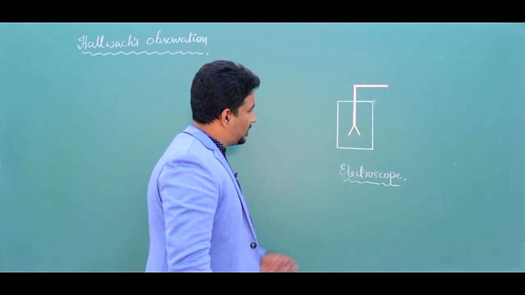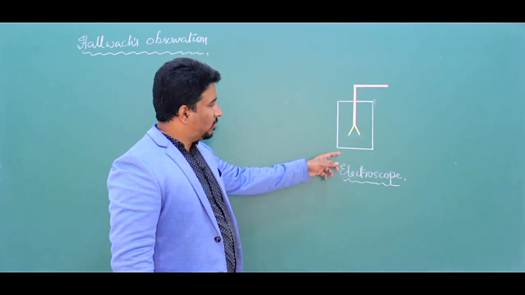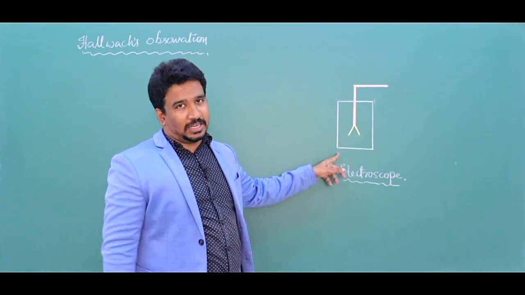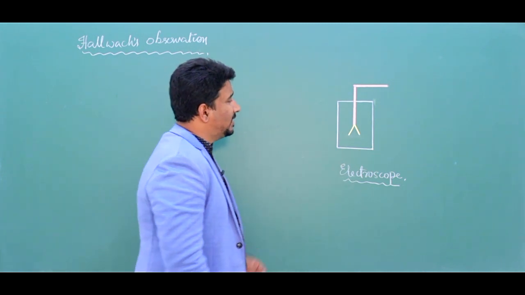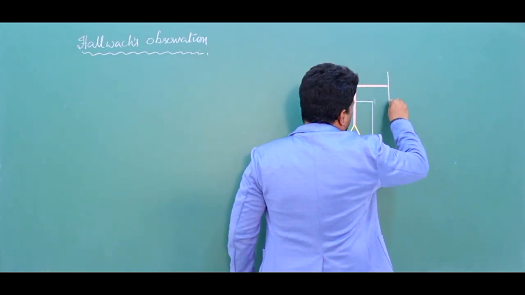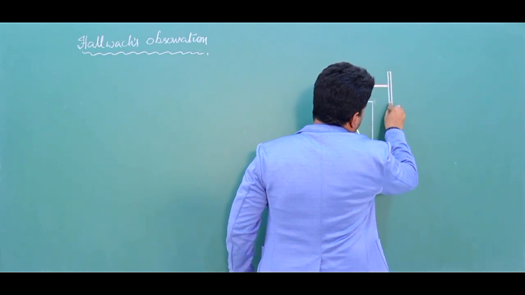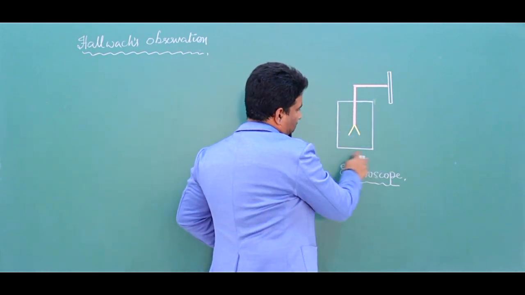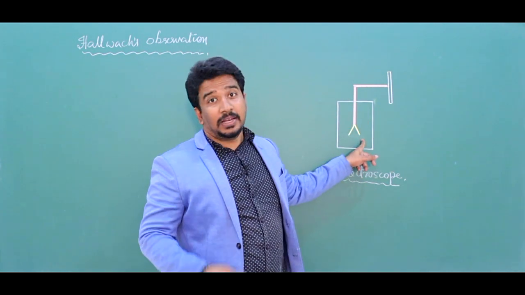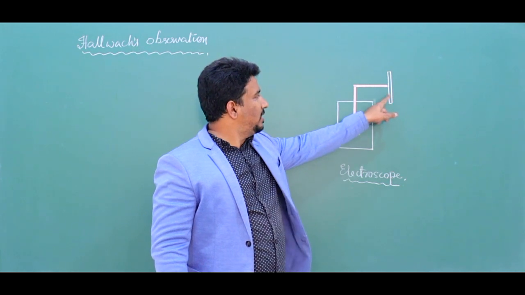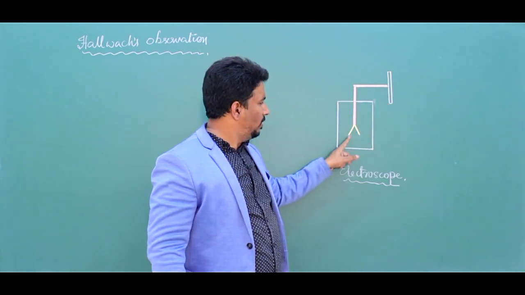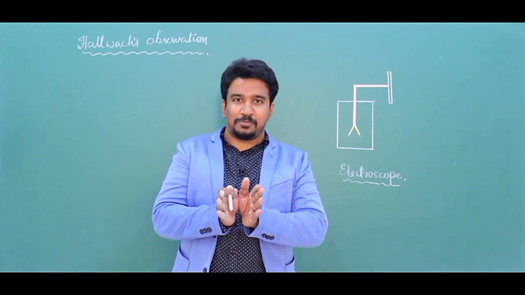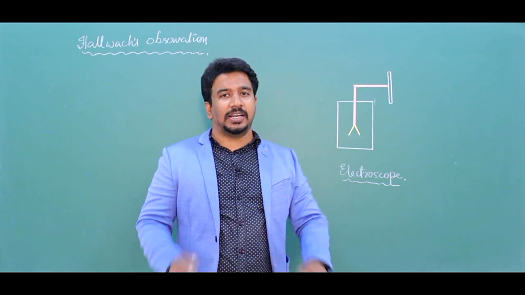In this Hallwachs observation, what he did is, he took an electroscope. We all know what is electroscope. We have studied electroscope in gold leaf electroscope experiment. When we connect a charged body, look here, this is the conductor, this is the glass case, and these two are the leaves. When we connect a charged body, charges will flow from this body to these leaves. Both of the leaves become charged with the same kind of charge, then they will repel each other and there